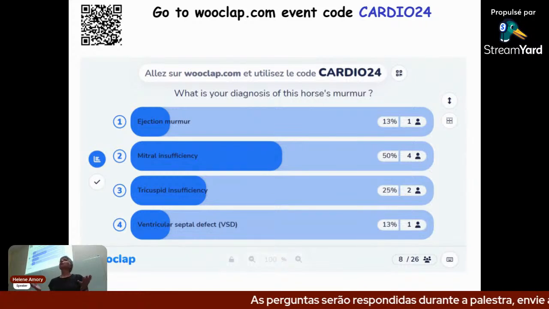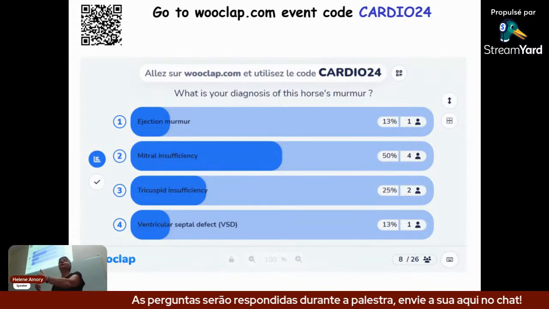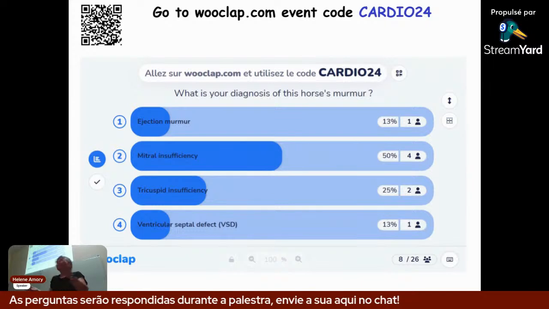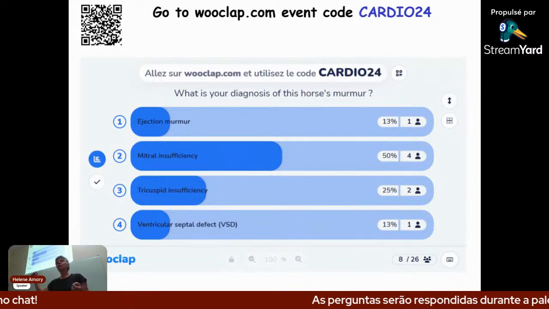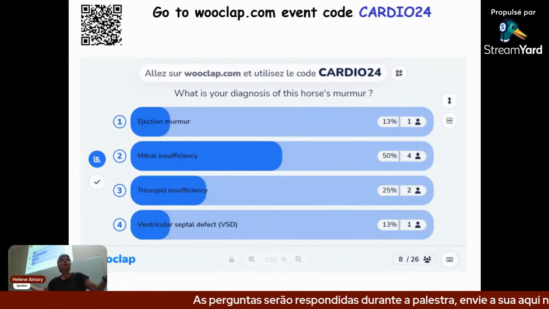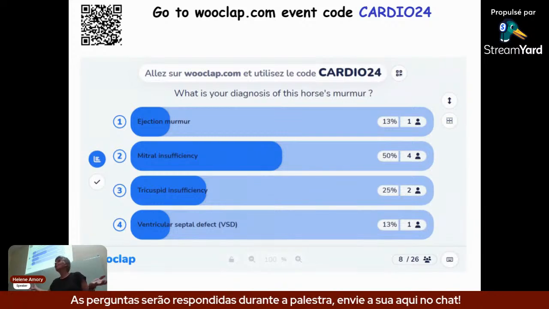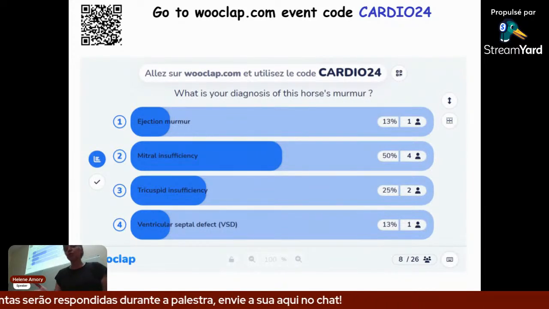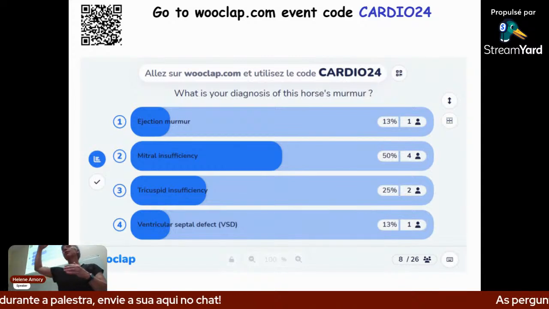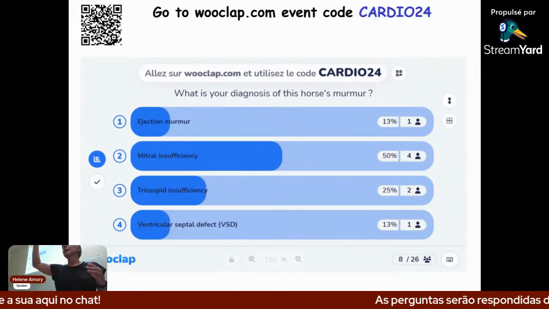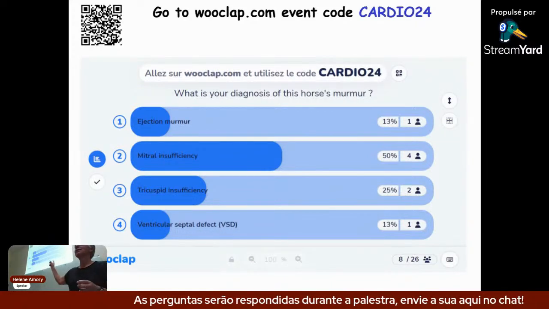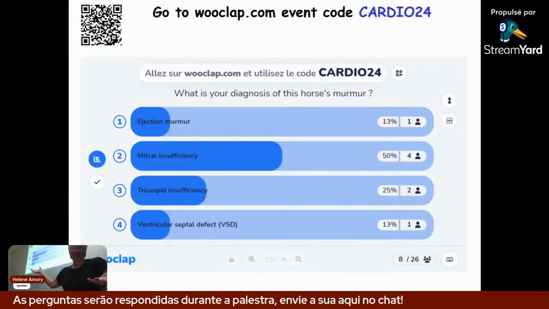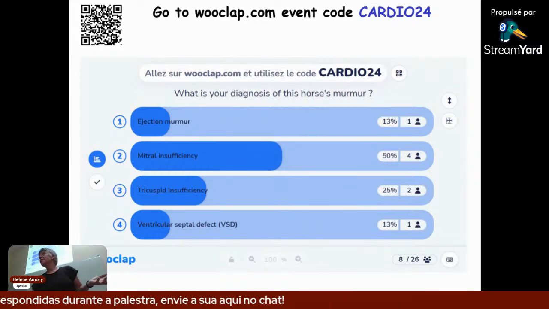Then I would exclude it also. Ventricular septal defect also, normally the point of maximum intensity is on the right, but maybe we are a little bit wrong. And something in the history of this horse is suggestive: at 6 months old, he already has a murmur. Why not already the ventricular septal defect? Could be. Otherwise, for all the criteria, mitral insufficiency is the one that corresponds the most closely. And something that makes me think of mitral insufficiency is the fact that he has atrial fibrillation. It's typical. Okay, let's see.